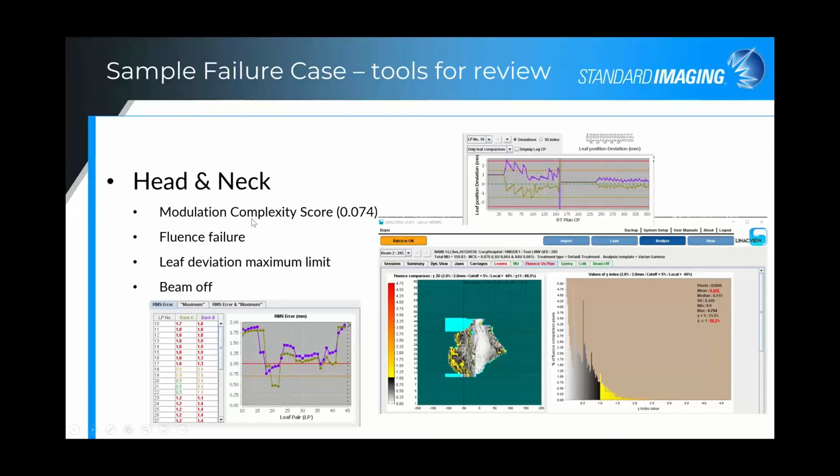And so we're expecting that perhaps the delivery is going to be pretty complex and difficult for the LINAC to deliver, particularly if it's an older model and maybe the leaves are not moving quite as quickly as they did, or that there could potentially be more issues